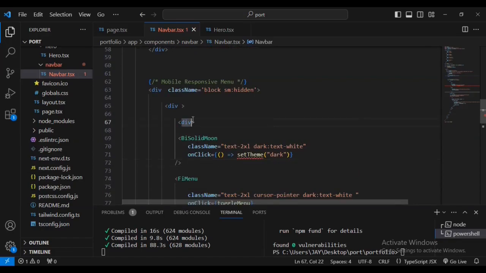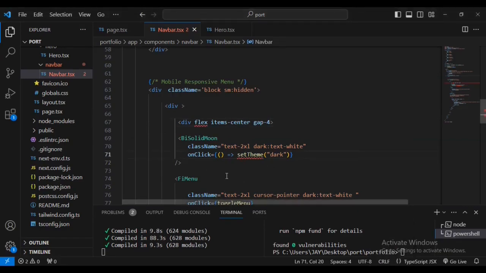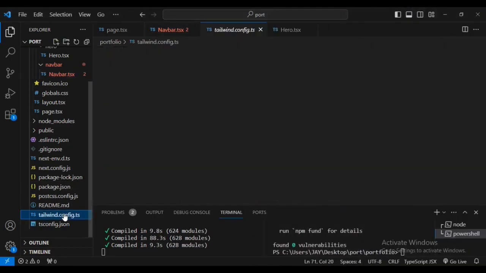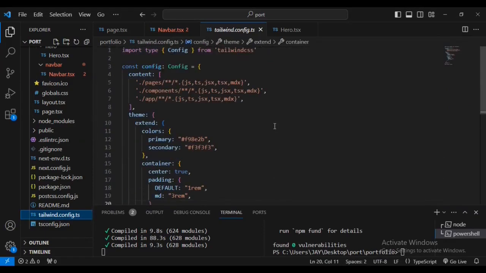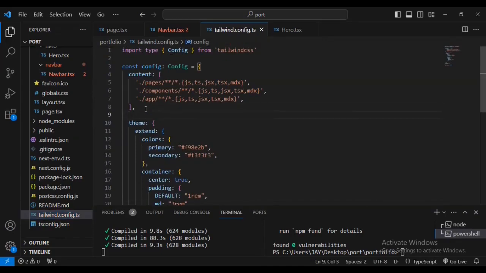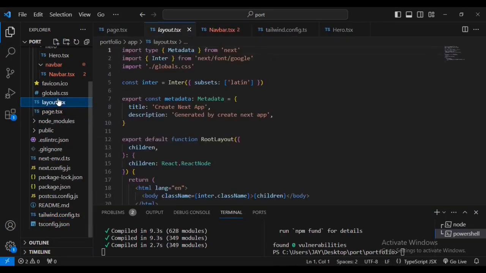So now I'm going to come inside this empty div that wraps up everything. I want to set flex, items-center and gap. But I can see that... Let me go to the Tailwind config file and check if everything is okay. I'm going to add darkMode of class just below the theme. Then I'm going to come inside my layout.tsx file. I'm going to define the title of the page. I'm going to remove it from Create Next App to the title of the page,